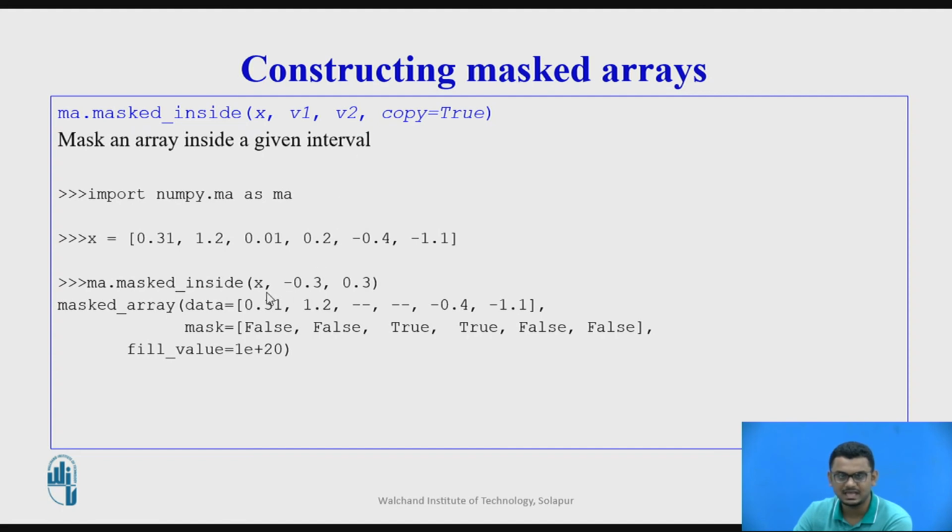So we see here that array x has been passed to the masked_inside function, which has these values, and the 2 intervals are minus 0.3 and 0.3. So all the values that come under these 2 intervals will be masked. So we have 0.01 and 0.02, the 2 elements which are masked from the array x. This is how masked_inside works.